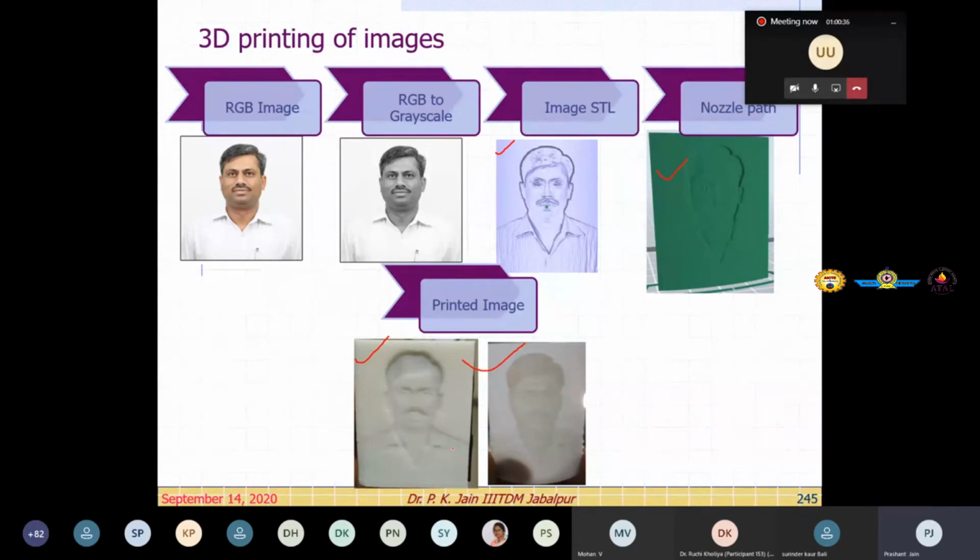So this is the part of how we correlate image processing to 3D printing, and it's a completely interdisciplinary part, right? Lot of biomedical applications, doctors to be involved, programming required, lot of electronic circuitry required if you want to develop your own setup.